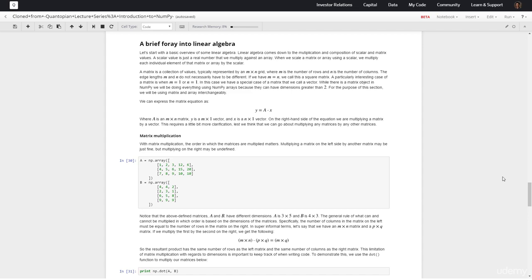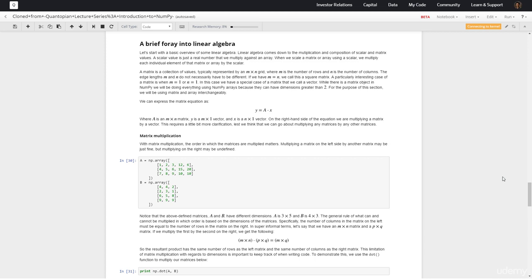So let's start with some basic overview of some linear algebra. Now, linear algebra comes down to the multiplication and composition of scalar and matrix value. A scalar value is just a real number that we multiply against an array. When we scale a matrix or array using a scalar, we multiply each individual element of that matrix or array